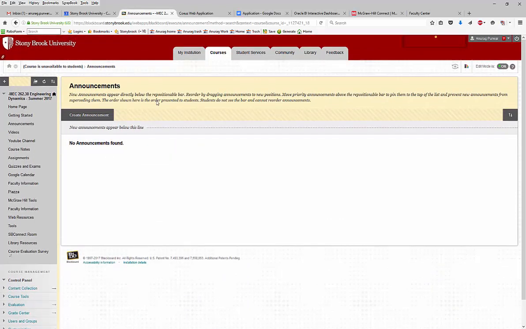Okay, so once I get into the site, you see that our landing page, home page, is announcements, and there are no announcements over here, but you will see some announcements appearing here in a couple of days' time. On the left-hand side, you have the menu, you have the home page, getting it started. This is the place where you'll start with the stuff that you have to do in the next few days. Announcements, the videos, the YouTube channel for the videos, course notes,